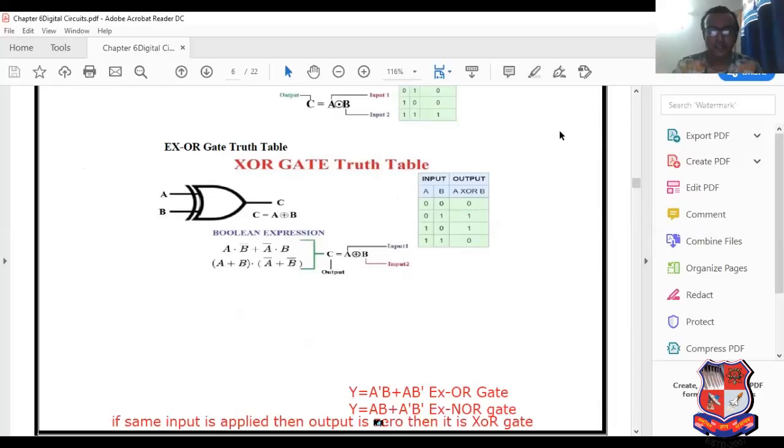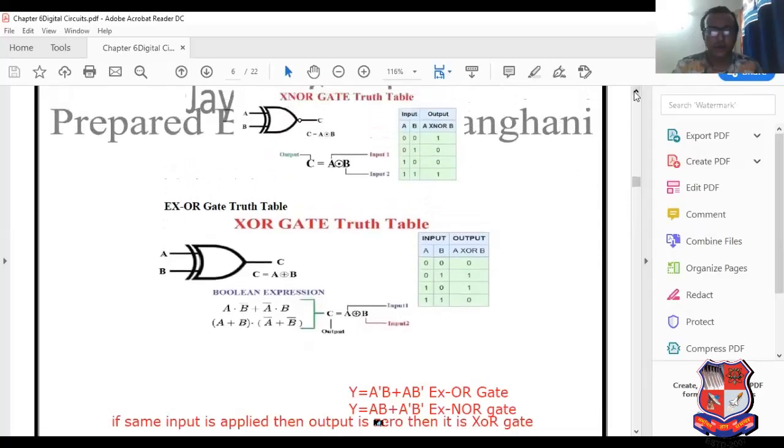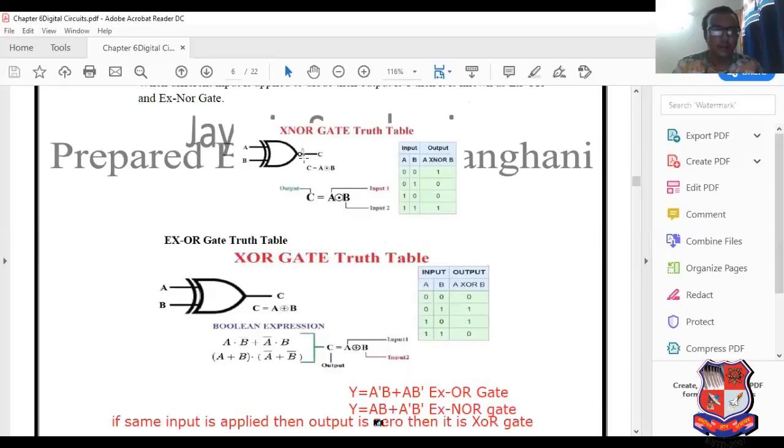See this, here XOR gate and here XNOR. Simply sketch the bubble. The bubble indicates the difference between XOR and XNOR gate. In XOR gate, the bubble is not included, but in XNOR gate, the bubble is included. So this is the complete portion, or the entire topic related to fundamentals of logic gate.